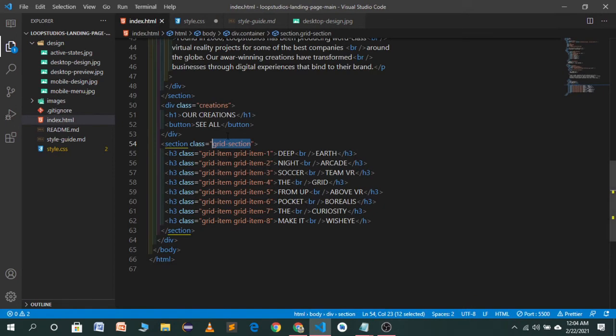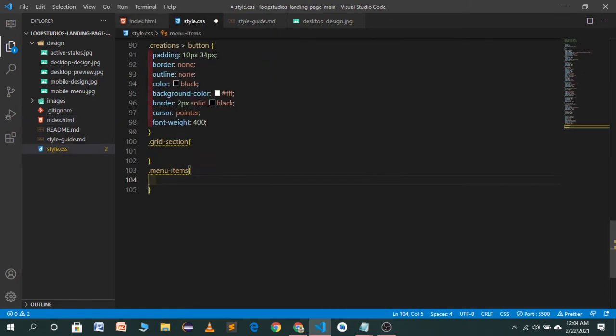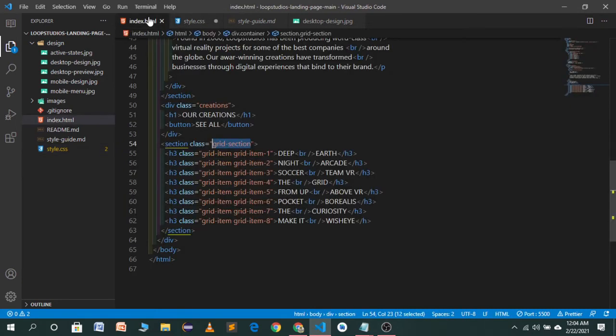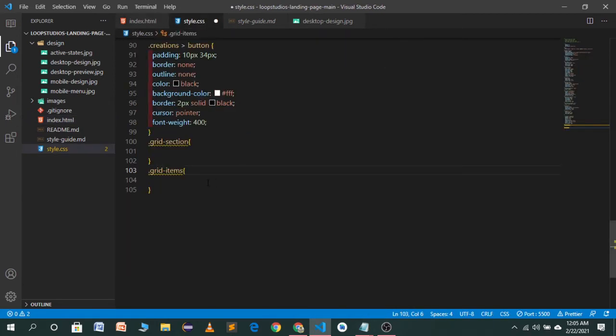Menu, not a menu item, it's a grid item. So let's remove the menu and use a grid, and the other one is grid item 1. I will target this grid item 1.